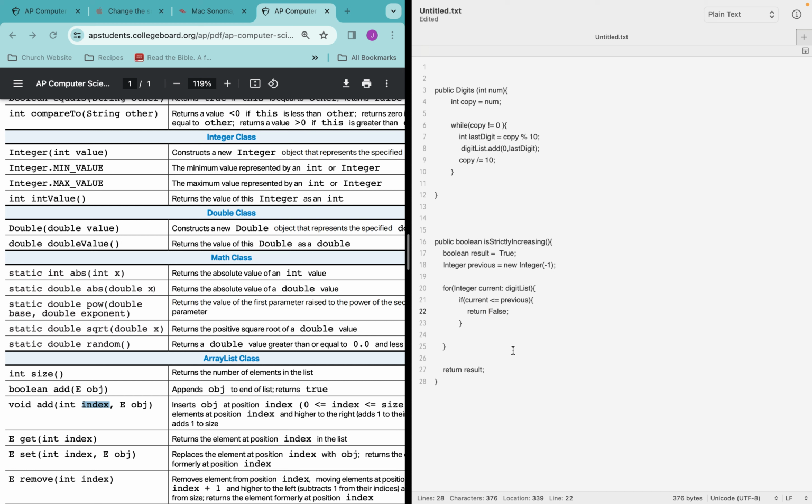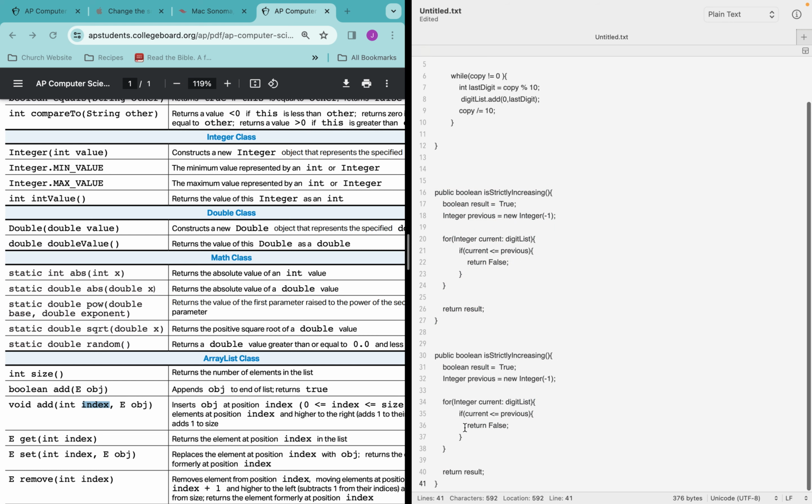Now, one thing that I will say is that there are different ways to do this problem, right? Another different way that I could have done this problem is I could have used a while loop. Let's do the first one that I said: I could have used a normal for loop and said index equals 0 while index is less than